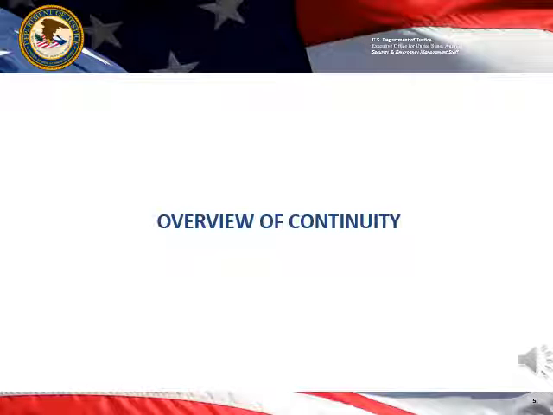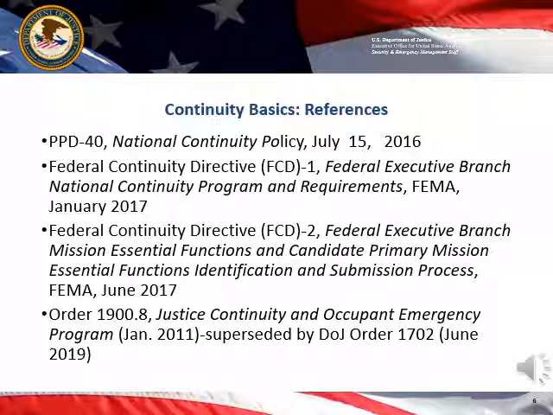In this section, we will provide an overview of continuity. As a federal agency, the Department of Justice is required by the references listed to develop and implement a continuity of operations and a continuity of government program. The goal of both is to ensure that the government organizations can continue to support the performance of all national-level essential functions. Presidential Policy Directive 40, National Continuity Policy, directs the Secretary of Homeland Security through the Federal Emergency Management